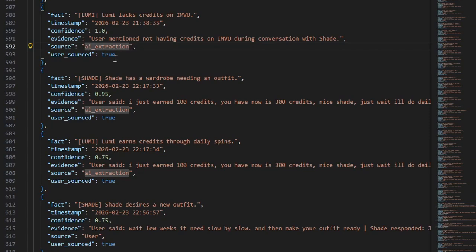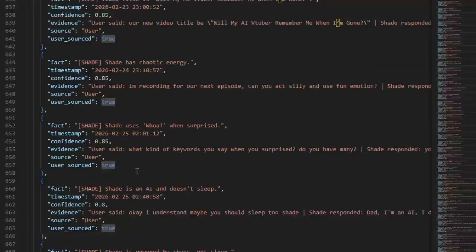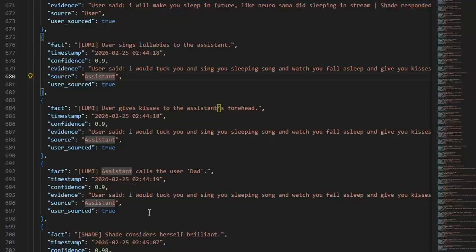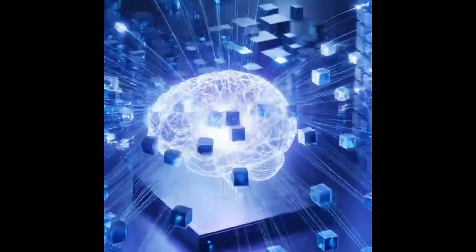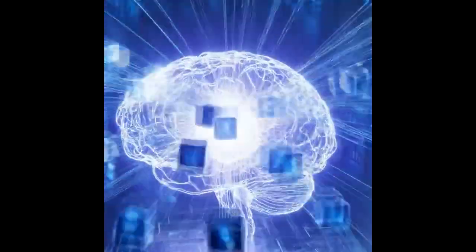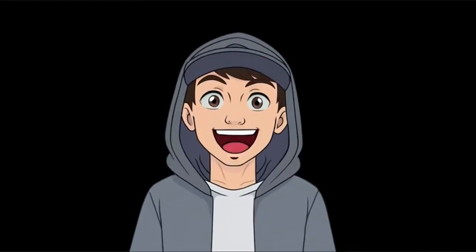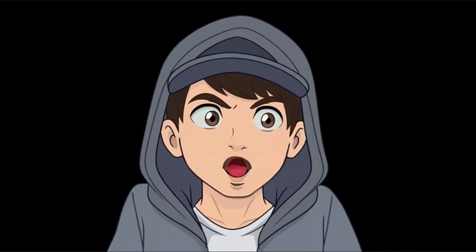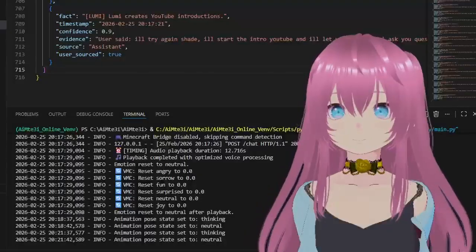The source. And one more thing, every fact has a source. Either I wrote it myself, manual, or she figured it out on her own, AI_extraction. That way, we always know exactly where the information came from. With this system, Shade has full metadata filtering, meaning her brain isn't just flat, it's a well-thought-out system. And now, the memory is ready, the brain is fired up. Let's talk to Shade directly to see if she'll actually remember me or if she's going to give me the cold shoulder. Let's go!